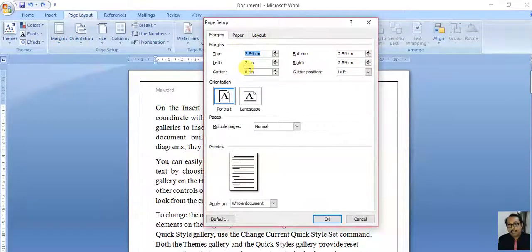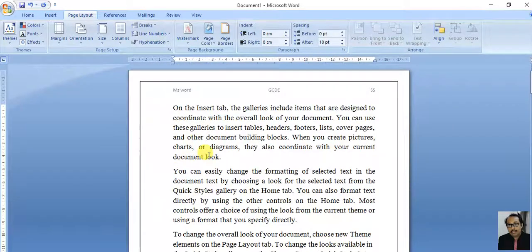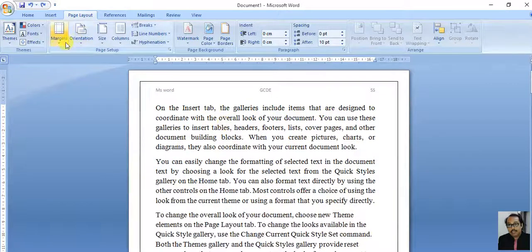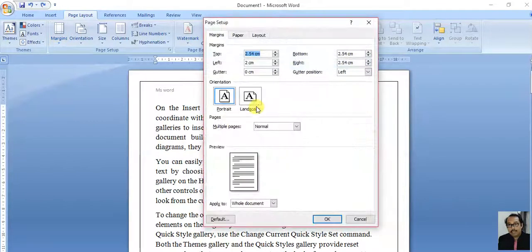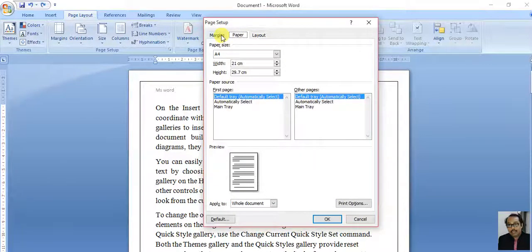Okay. So this is top margin. Similarly, left margin. You can increase the left margin. Can you see the changes there? Look at these changes. You can see the change in the margin. Correct? And these options are available: layout, paper, margin.